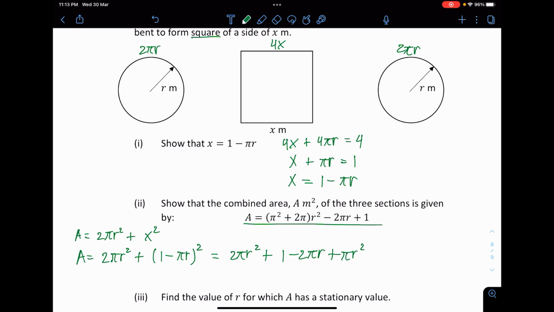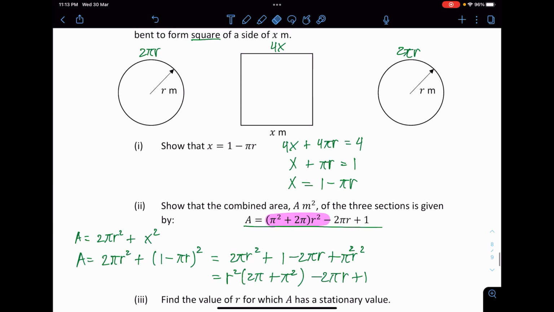Alright, so I got this figure. Okay, and then, oh wait, I forgot to put a square here. Pi square r square. Alright, yeah, then I can see that they like to factorize the r square here. I can see there are 2 different r square, so I'm going to factorize them. I'll have 2 pi and then pi square, and then the rest I just put outside. Yeah, well, basically that's the answer.